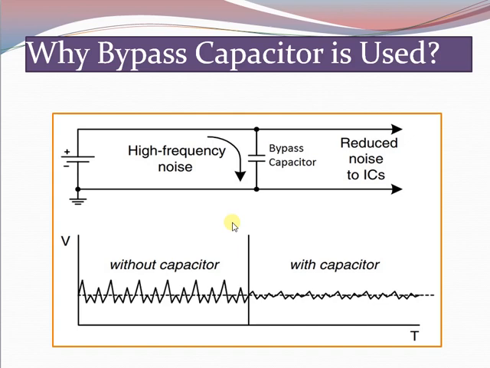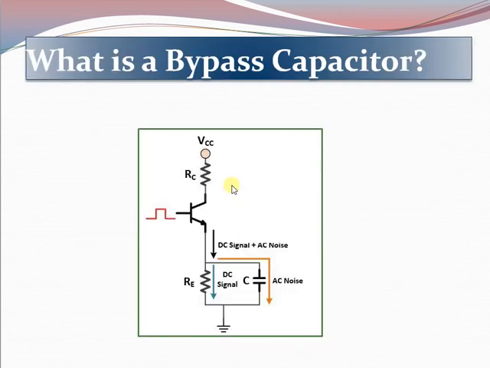Now let us look into understanding what is a bypass capacitor. A bypass capacitor is a capacitor that shorts AC signals to ground in a way that any AC noise that is present on a DC signal is removed by producing a much cleaner and pure DC signal. A bypass capacitor basically bypasses the AC noise that may be on the DC signal, filtering out the AC so that a clean and pure DC signal goes through without several AC ripples.